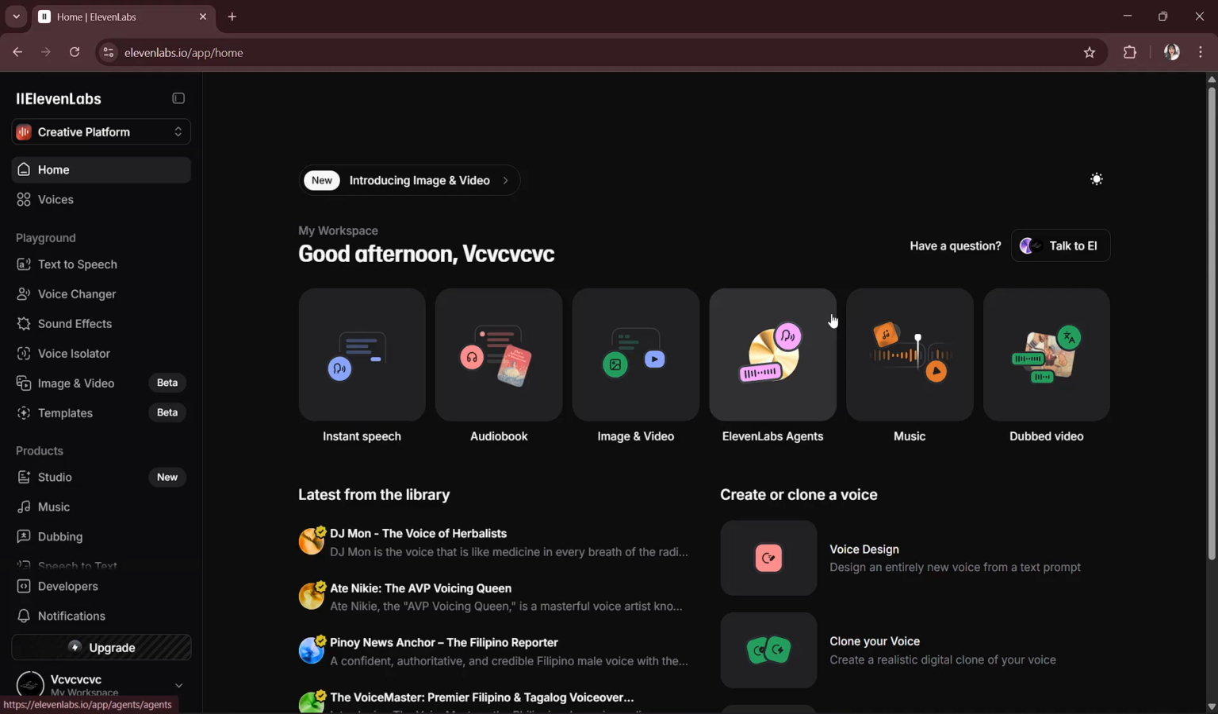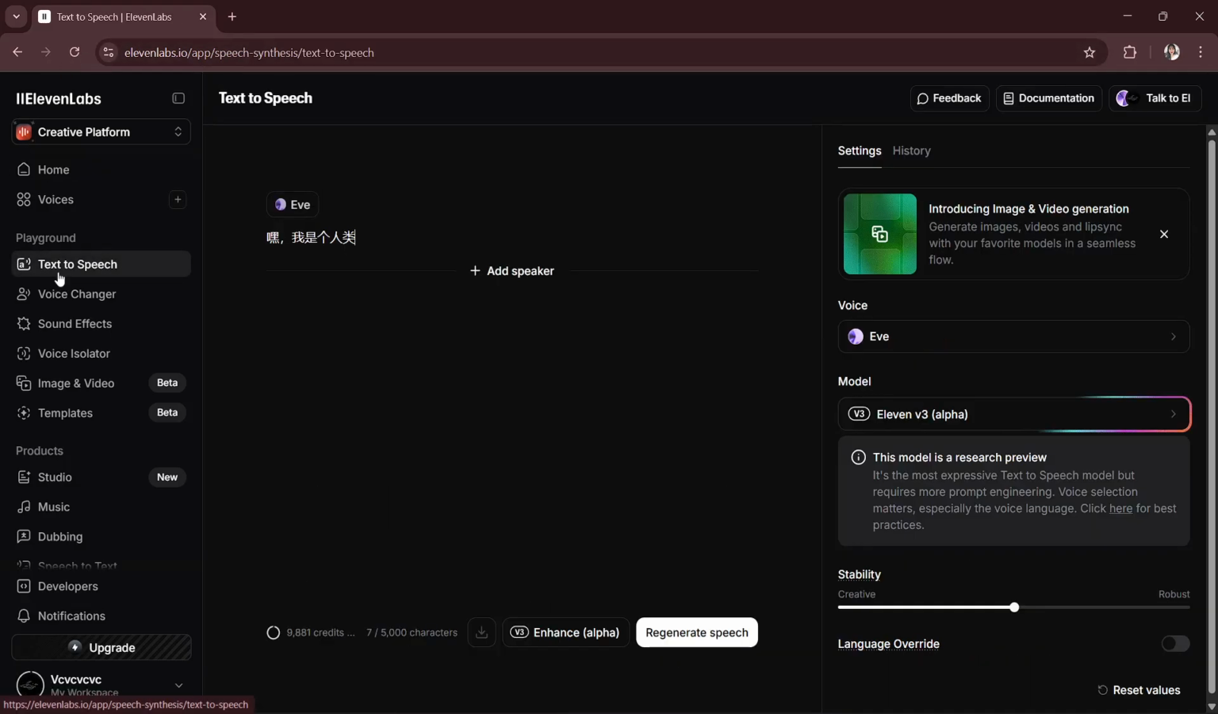So the first thing that you will have to do is of course log into your ElevenLabs account. And now that you're here, you'll go to the text to speech section, which is under the playground. And then you will either click create a new speech,